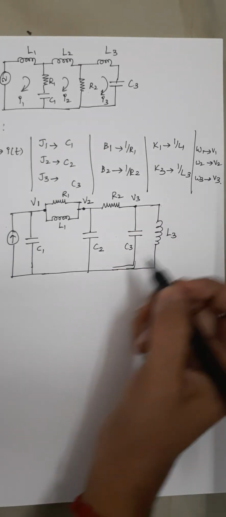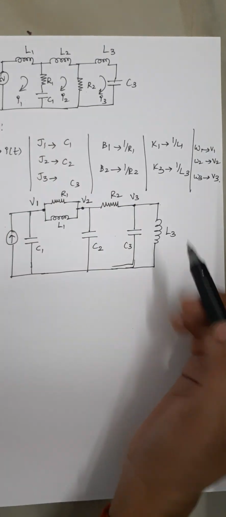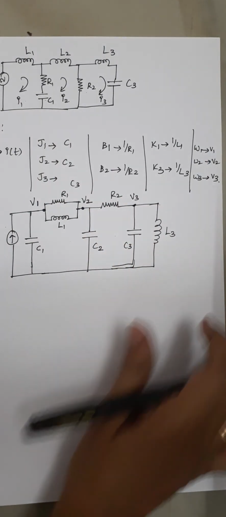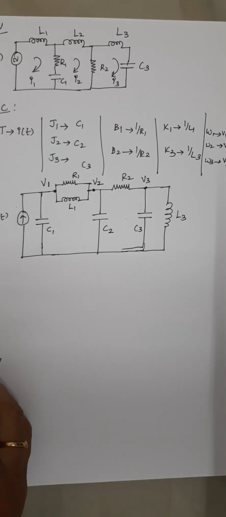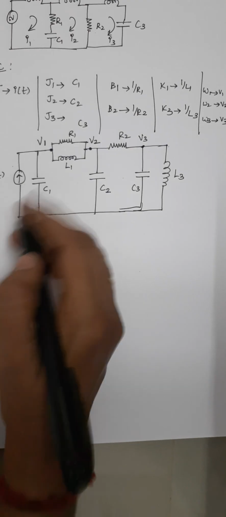Just count the number of elements now. In loop 3 we are having 1, 2, 3. Okay. Again to this node 3, 1, 2, 3. Right. So everything is perfect. Now I am going to write the expressions for the respective torque current analogous circuit. So while writing the expression, again we have to apply